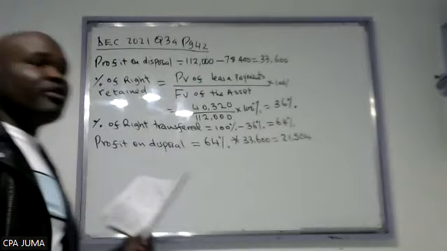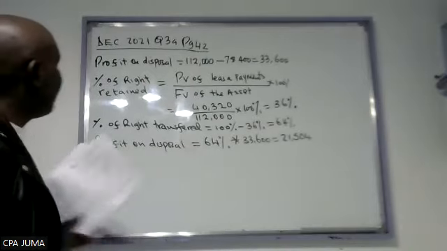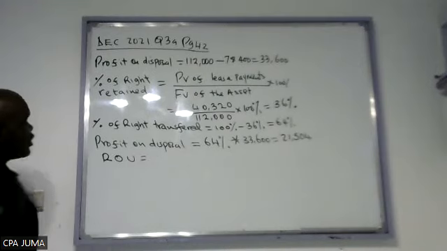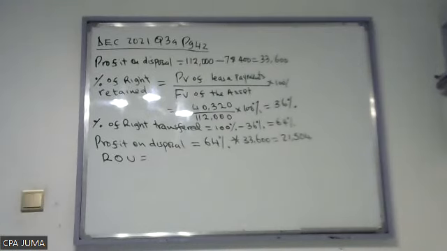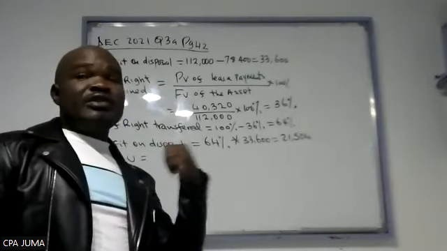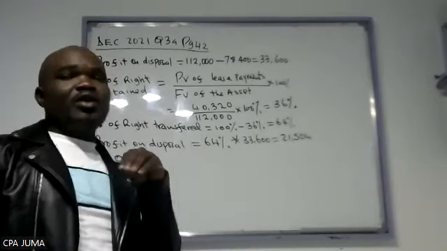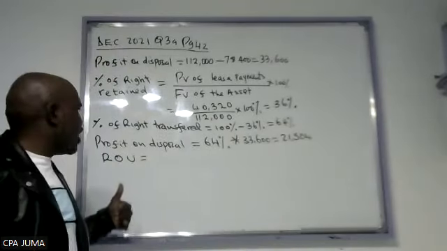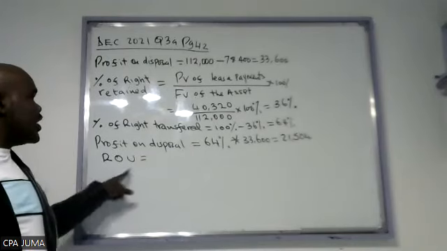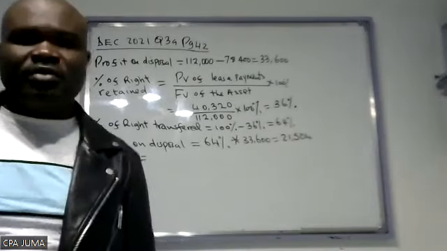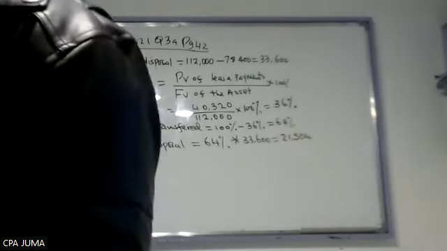Then, what is the value of the asset we are going to recognize? Value of the asset, the right of use, ROU. ROU is the right of use. The right of use asset. I know this part is quite heavy, but I want to check whether you understand. It will be what times what? How will we get the right of use after lease back? It will be what times what? Let me check from your side.